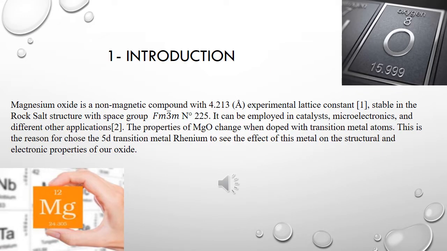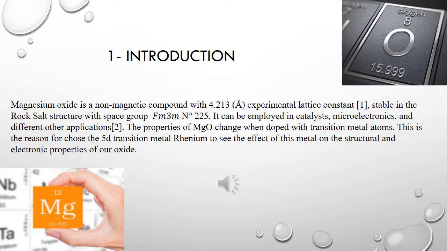Magnesium oxide is a non-magnetic compound stable in the rock salt structure. It can be employed in catalysis, microelectronics, and different other applications. The properties of MgO change when doped with transition metal atoms. We chose the 5d transition metal to see the effect of this metal on the structural and electronic properties of